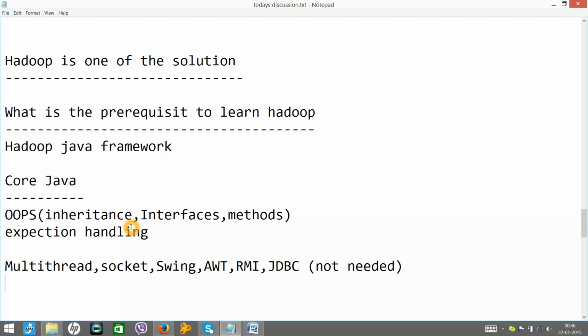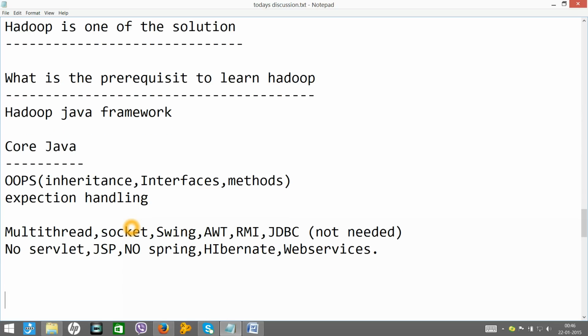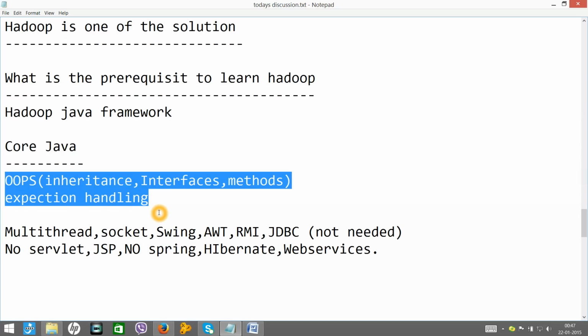Do I need to have knowledge of J2EE? Not at all. No servlets, JSPs, no Spring, Hibernate, web services. That means if you are good at the basics, then you can learn Hadoop.